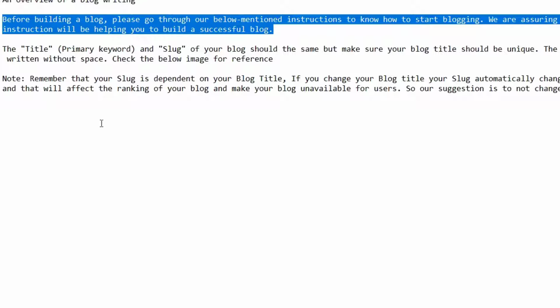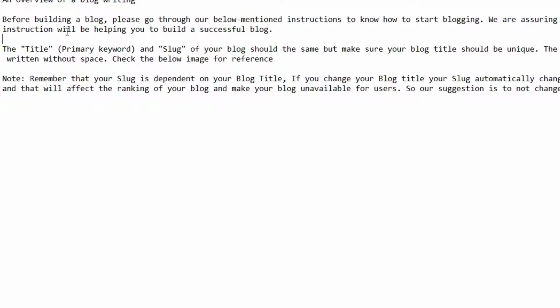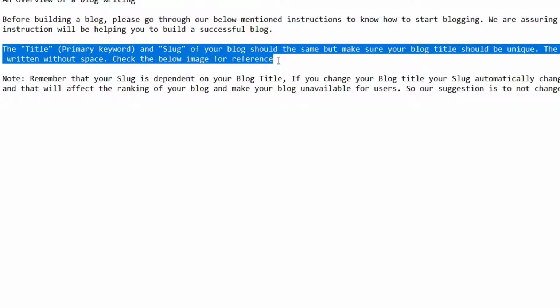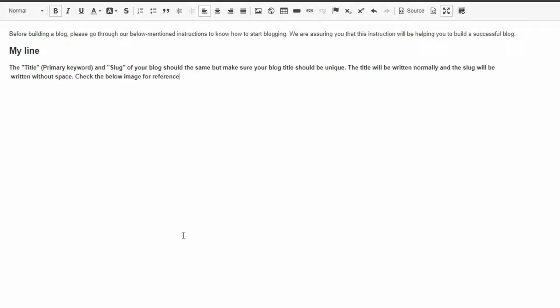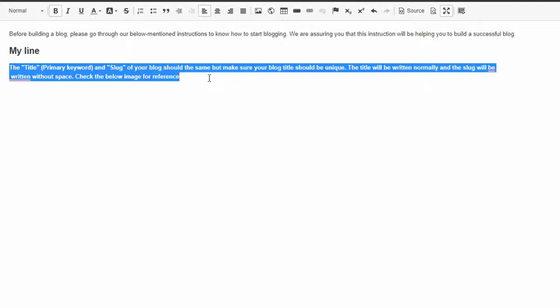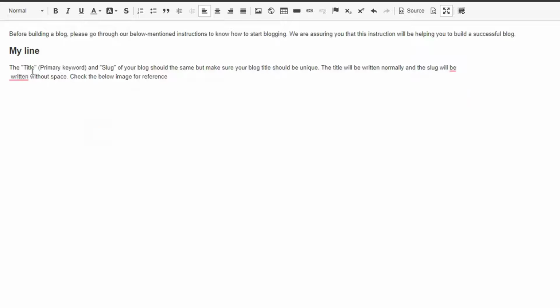So as a paragraph, again I am taking some content from here, copying some content and pasting it again. It has again come in bold, so just press Control B, or you can click here again, and it will be normal content. See, this is normal content.